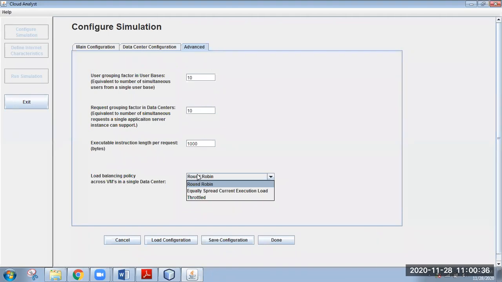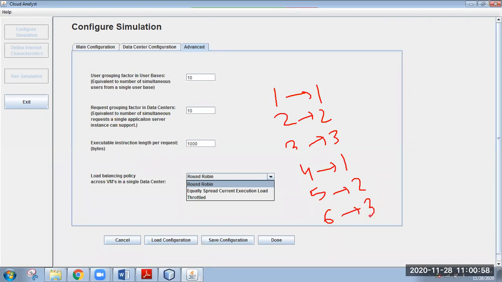So you can see the round robin policy. The first task can be assigned to the first machine. If you have 3 machines, the first task you assign to the first machine, the second task to the second machine, the third task to the third machine. The fourth task you again assign to the first machine, the fifth task to the second machine, the sixth task to the third machine. Or the sixth user request you can say to the third machine, and so on. This process you are going to follow in the round robin policy.